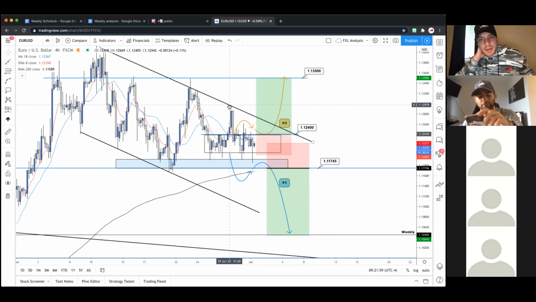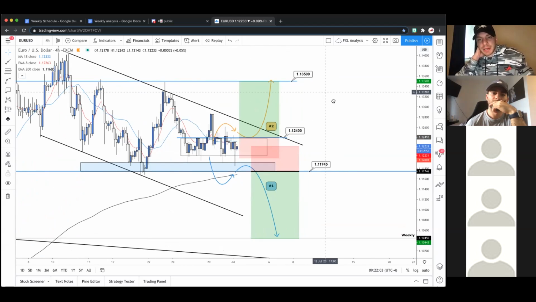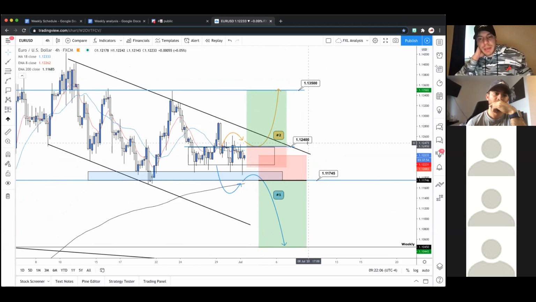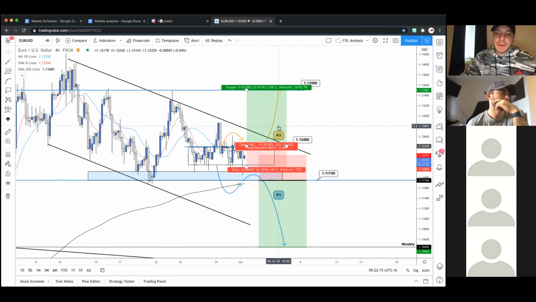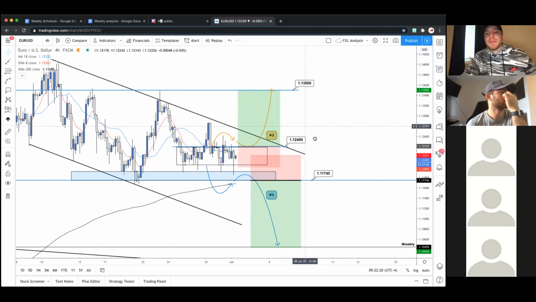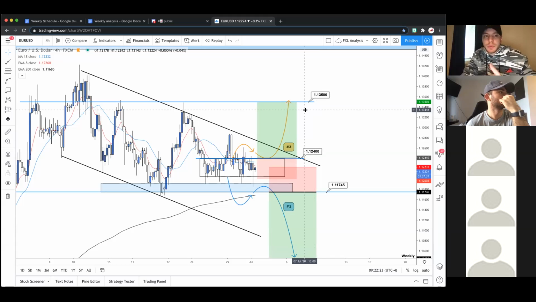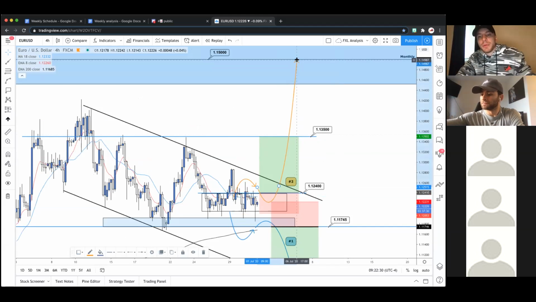And the flip side, what happens if this breaks out? Let's say this is a confirmed flag and we get a pretty aggressive move to the upside. All that we want to see is a pretty strong break of 1.124, nice higher low outside of this pattern, preferably outside this trend line, and then confirmed higher low with strong bullish setups. Guys, this could be a really nice trade. We would simply target the next key resistance levels. First one being 1.135, and then all the way up to our monthly at 1.15. So this could be a pretty big move.